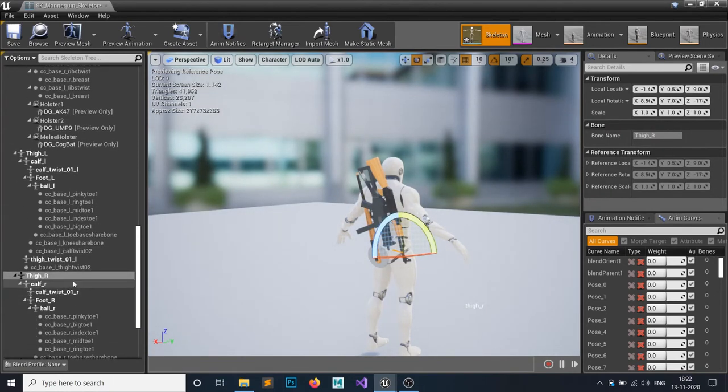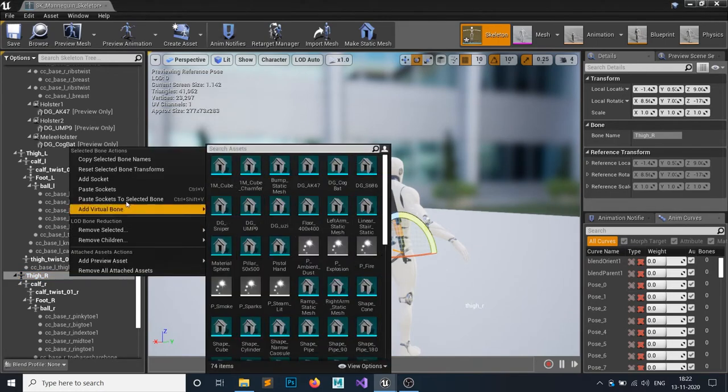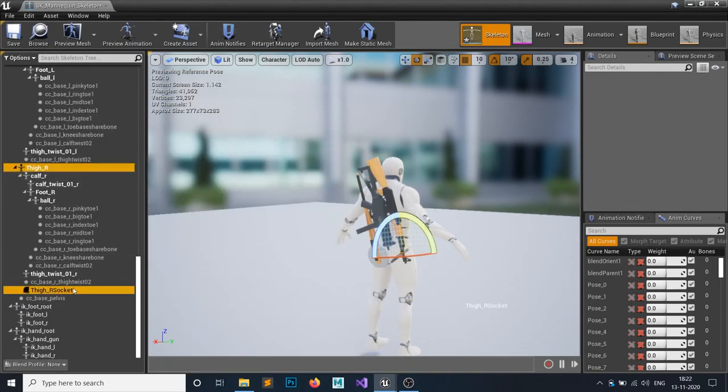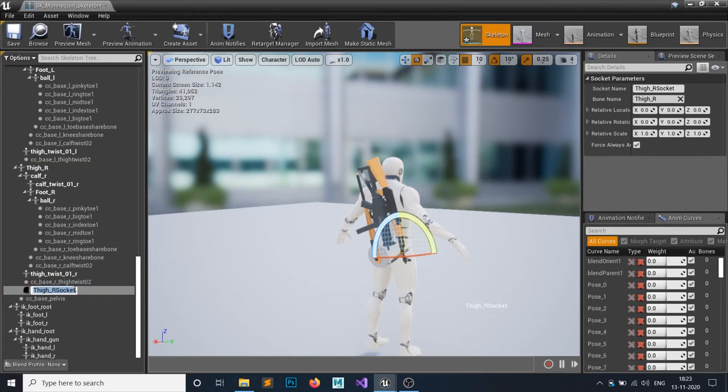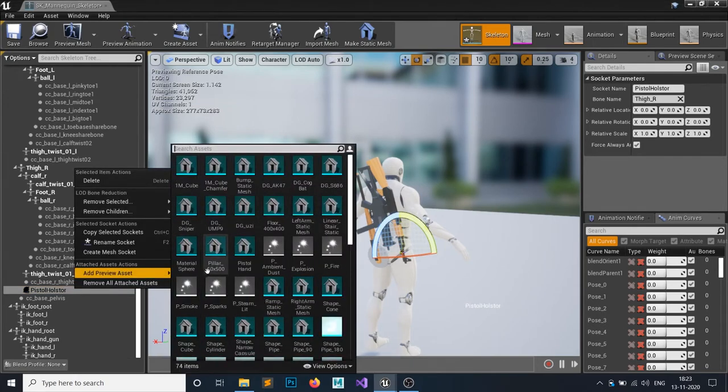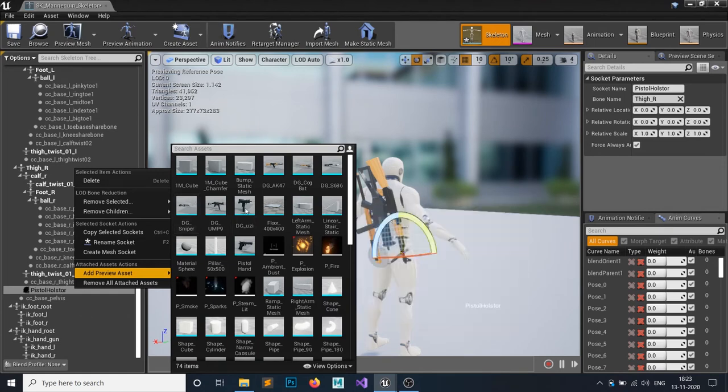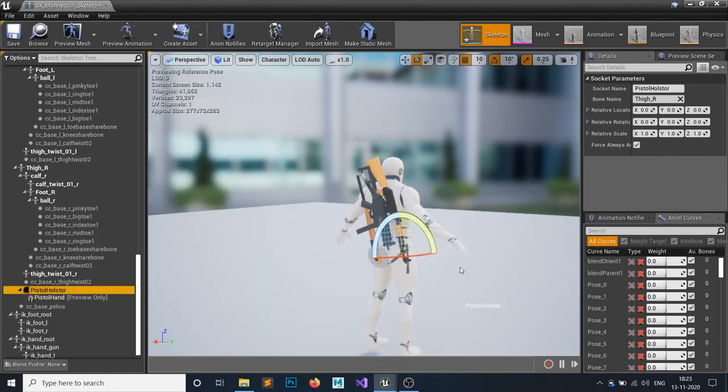In the thigh part, yes, thigh R, I will create a socket in here, and this thigh socket I'm going to call pistol holster, and let's add a preview asset in here, a pistol type, yes, this one.